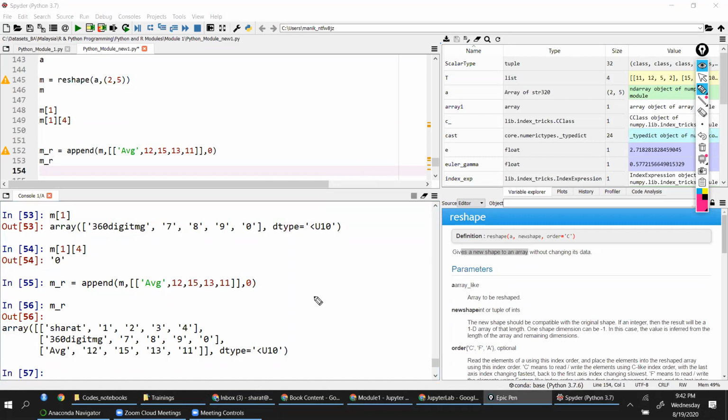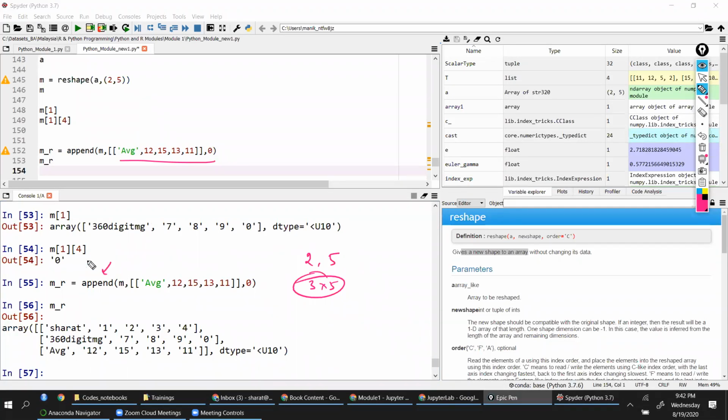Okay. So my initial matrix was of dimension 2 by 5. When I added this new row, I'm getting a 3 by 5 matrix. Now, you have one row appended.